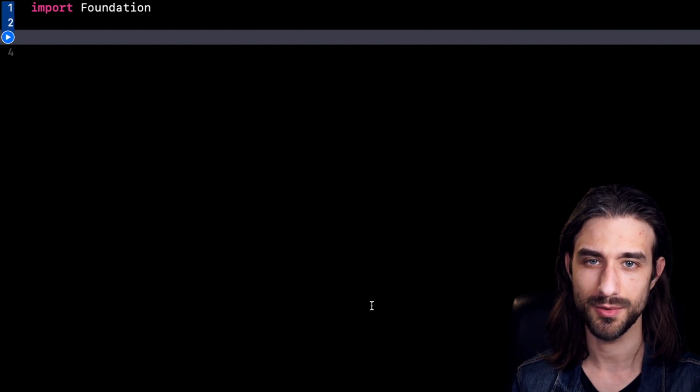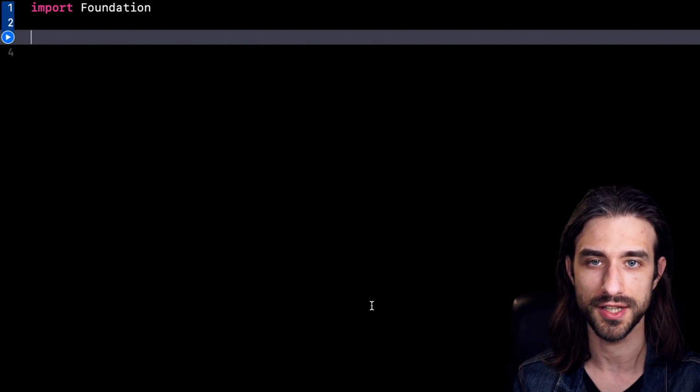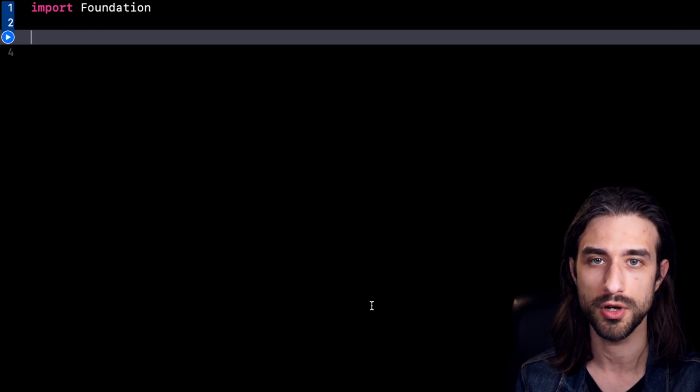Hey, what's up? Today I want to give you an example about a question that often arises when we do Swift development. When we have a group of constants, should we group them together using an enum or using static properties? To answer the question and see what the upsides and downsides of each approach are, we are going to see two examples.